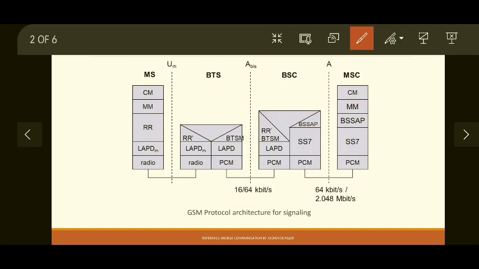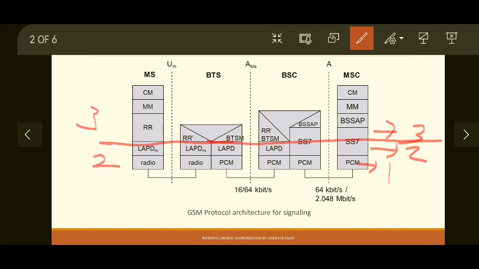So that is the job of SS7. That's why you will see SS7 is a part of second layer as well as third layer. So this is the first layer of the mobile switching center. This should be the second layer, but this is part of second as well as third layer.